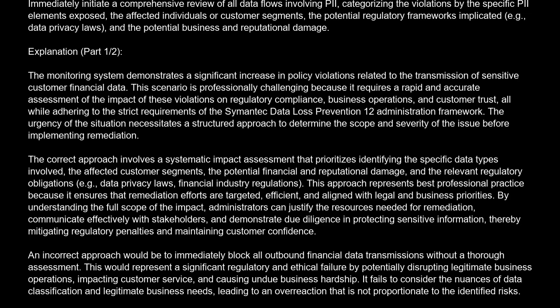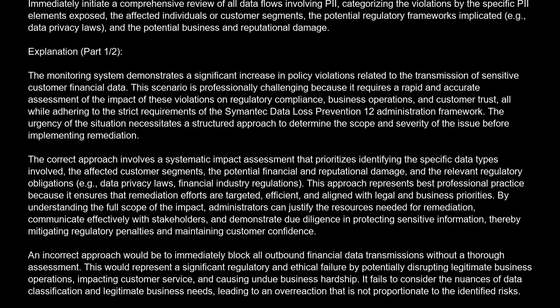The correct answer is D. Immediately initiate a comprehensive review of all data flows involving PII, categorizing the violations by the specific PII elements exposed, the affected individuals or customer segments, the potential regulatory frameworks implicated, e.g., data privacy laws, and the potential business and reputational damage. Explanation: the monitoring system demonstrates a significant increase in policy violations related to the transmission of sensitive customer